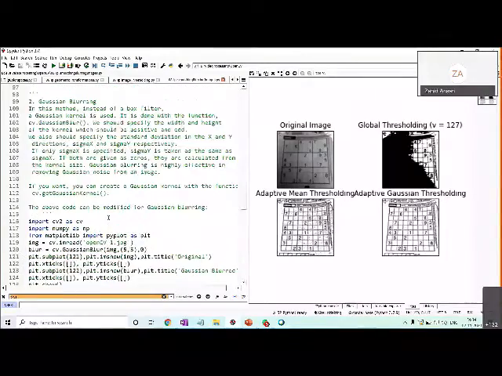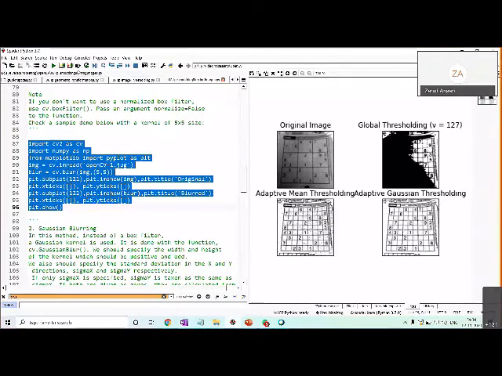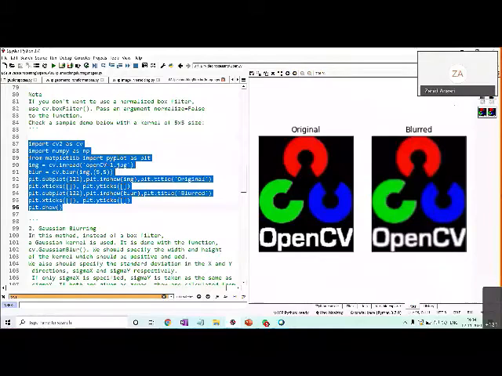So instead of going into more detail of it, because we have to do many more things over there, I'm just showing you the output. I'm just using blur over here, and the output is again the plot. See, this is the original image, and some kind of smoothing it is doing. Not very clear, but still, if you see the OpenCV boundaries, at least some smoothing we can see over there.